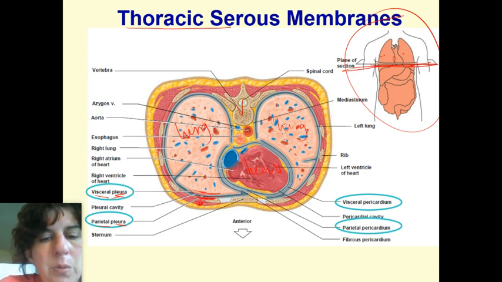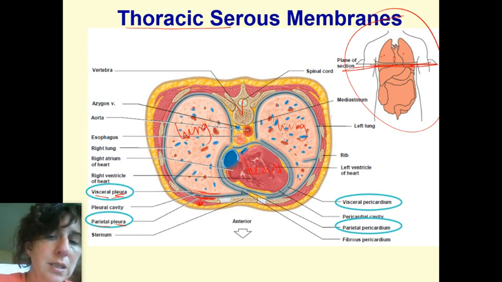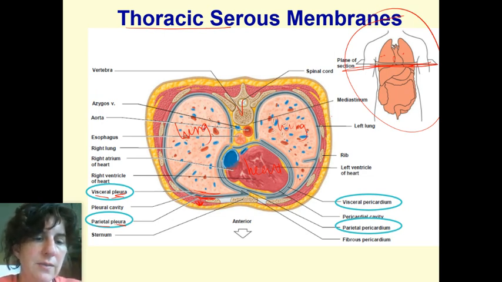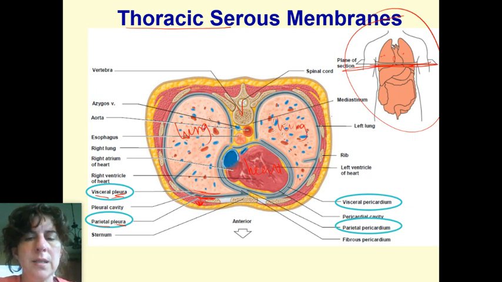In that gap in between is fluid. So you have a little bit of fluid. That fluid and those layers allow the lungs and the heart and everything to expand and get smaller, and expand and get smaller, without rubbing against each other. So they have space to do whatever they're supposed to do and change shape without putting pressure on something else. Now, if you get too much fluid in there, like in the heart, it's going to crush in onto the heart, or it's going to crush in on the lungs, and that's a whole other issue. But it is normal to have a little bit of fluid in there.